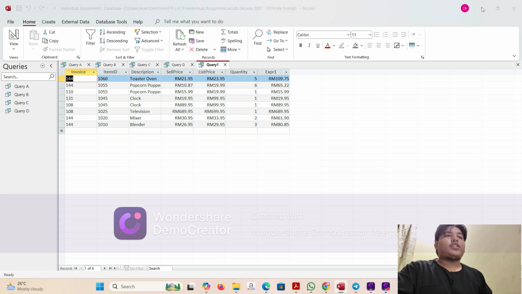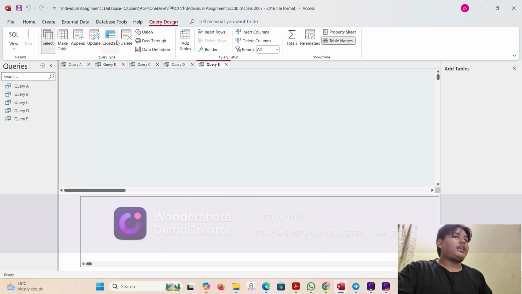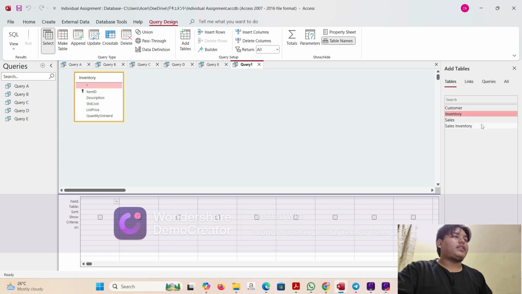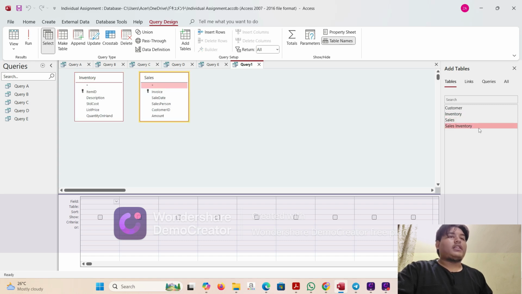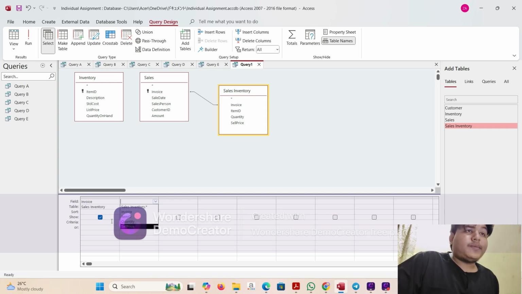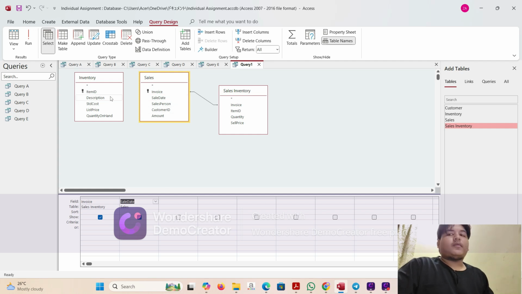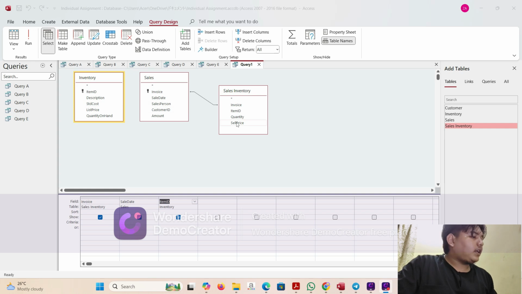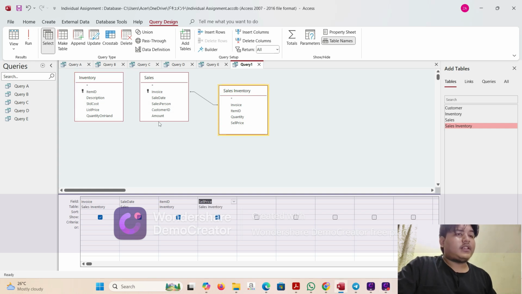So for the next question, question F, we go to create, go to query design, we click on inventory, sales, and then sales inventory. Then we do it like this, or anywhere, and then we click on invoice, only one, and then we click on sales date, and then item ID, and then sell price, and then quantity,